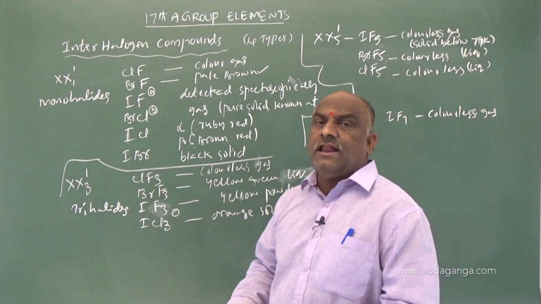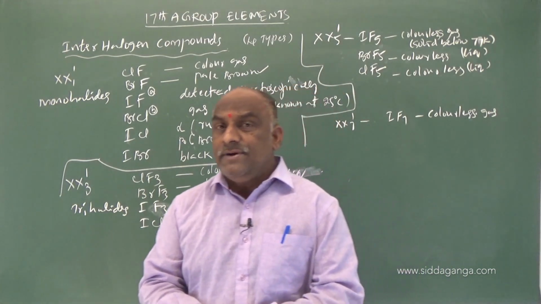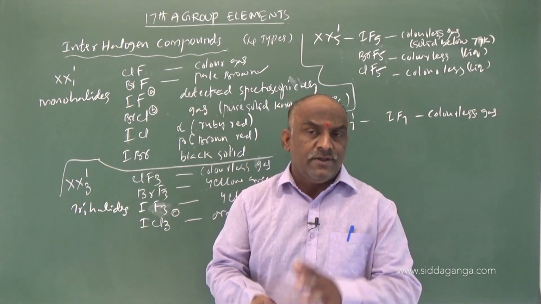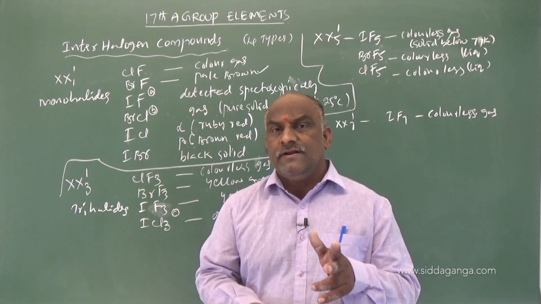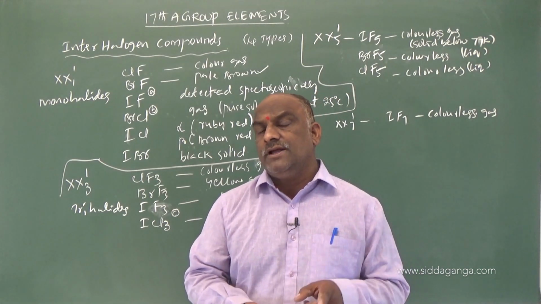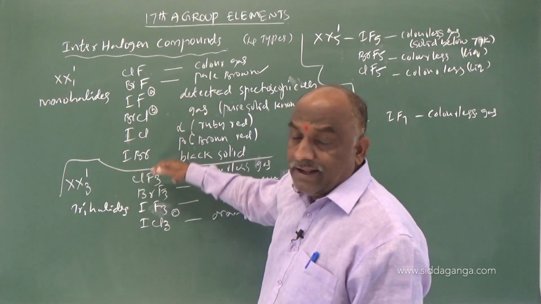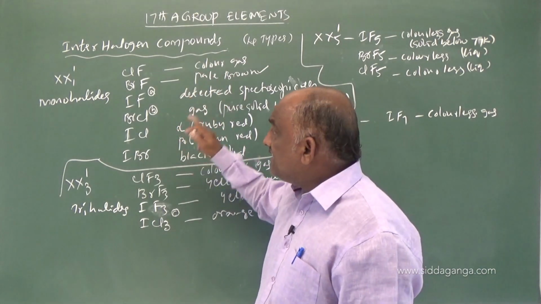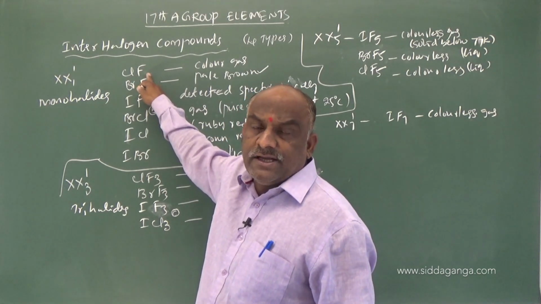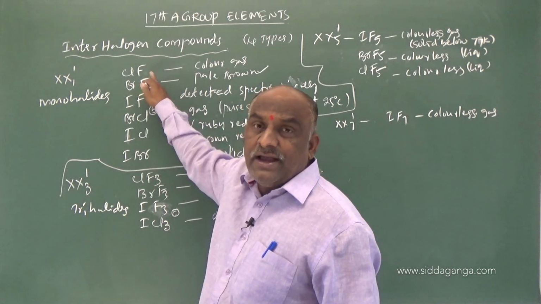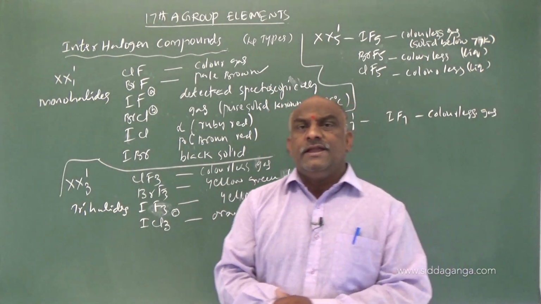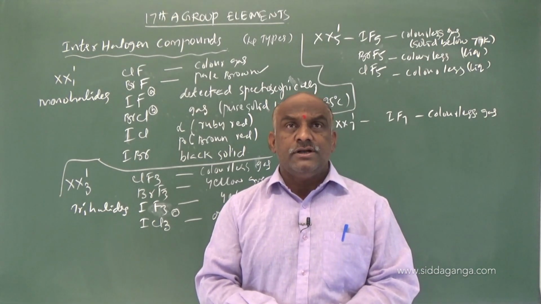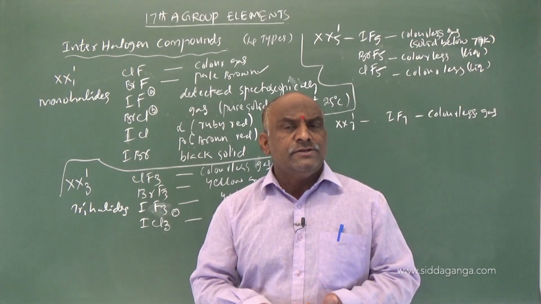These are called interhalogen compounds. We have to discuss the central atom hybridizations and shapes of the molecules, and the chemical properties of these interhalogen compounds. For chemical properties you should remember only one property, the hydrolysis property. Before that, these are all diamagnetic compounds, available as solids or liquids except ClF, which is a gas. The reactivity of interhalogen compounds is a little more than that of halogens. Why is the reactivity more?